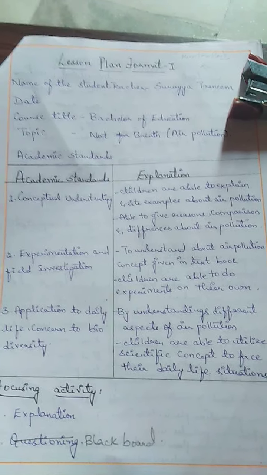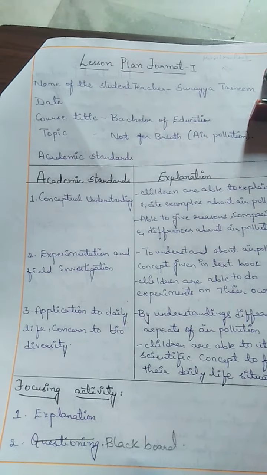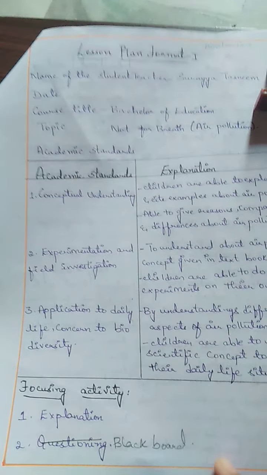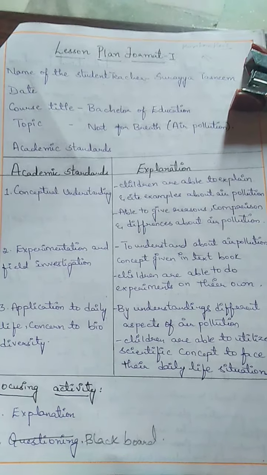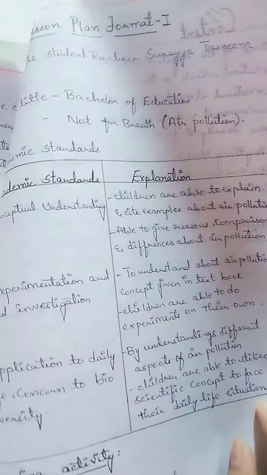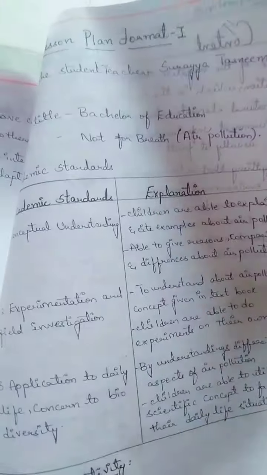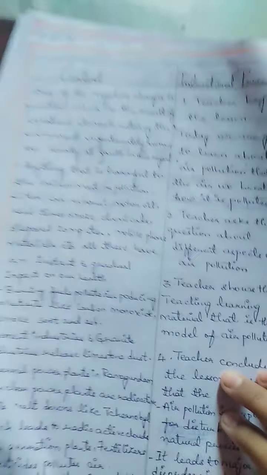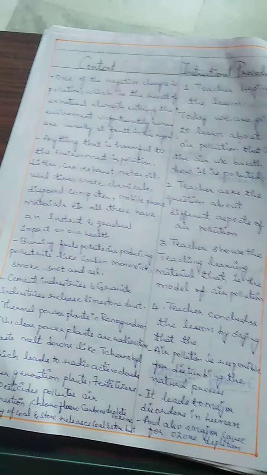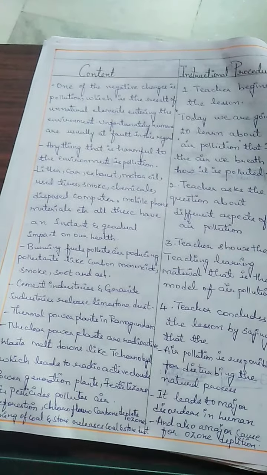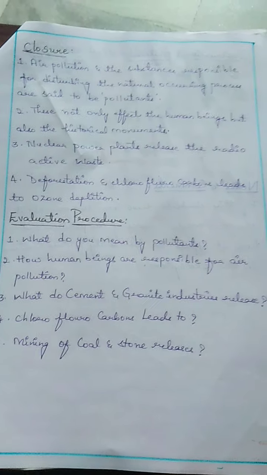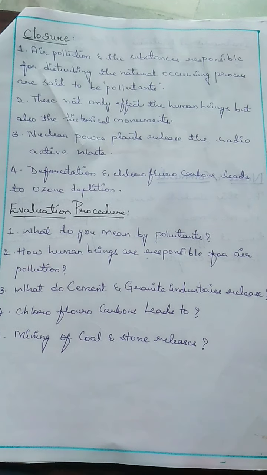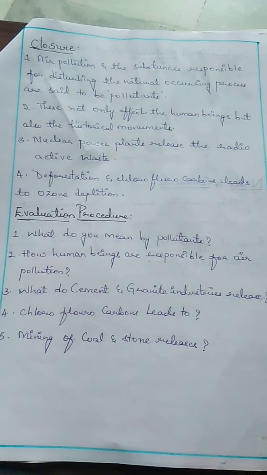This is one more micro lesson plan. Here I have practiced two different skills again, that is skill of explanation and skill of blackboard, written the same way as the first. The topic that I have taken here is air pollution, guys. About air pollution you need to write in the content what all your topic is related to. Instructional procedure is the same. Closure is the conclusion of your topic, and evaluation is what all questions you will ask, same.